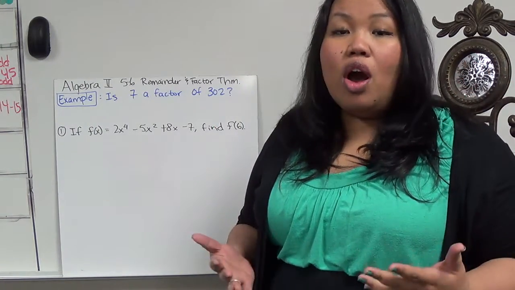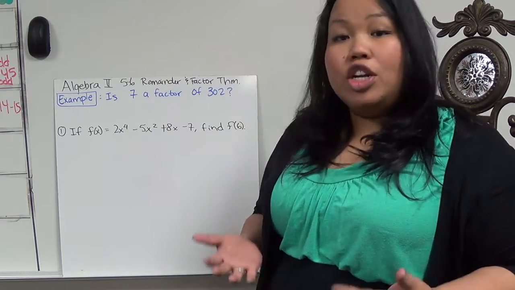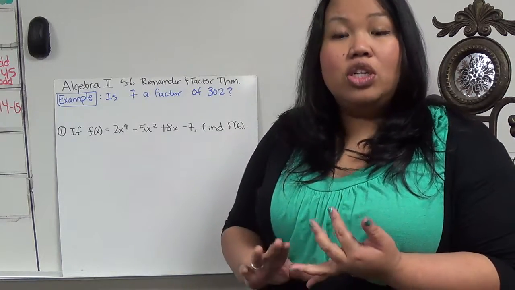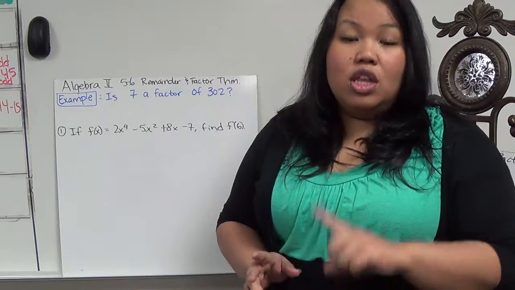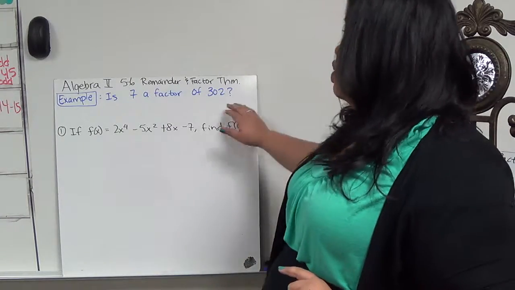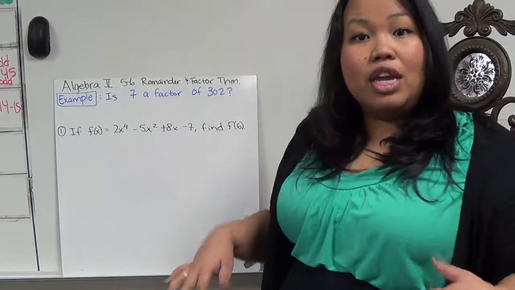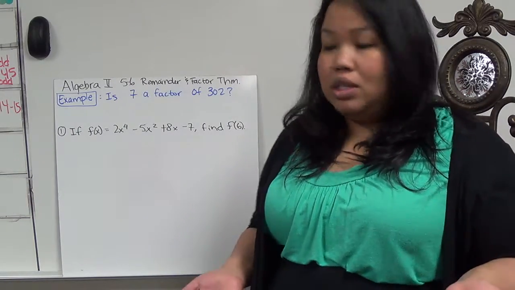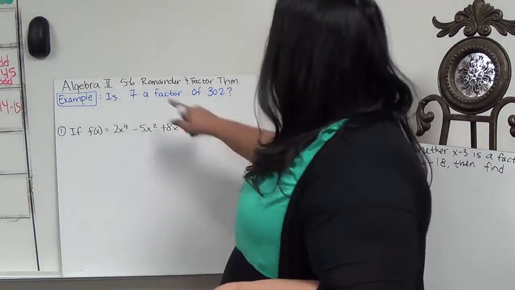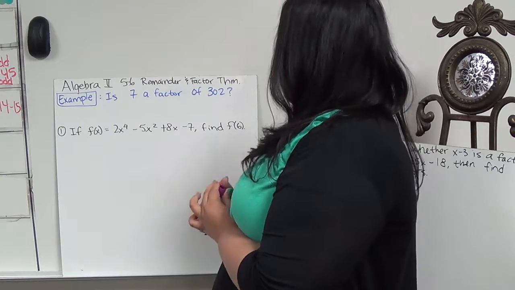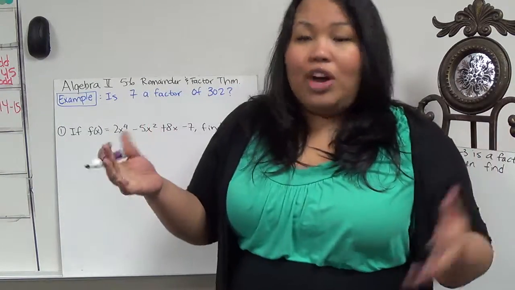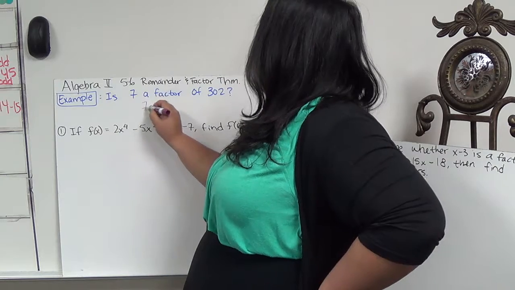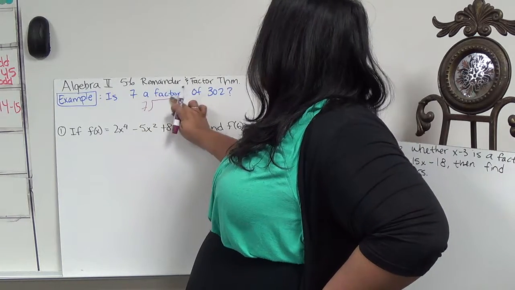And you already know everything on how to do it, like we learned synthetic division or long division in the last section to be able to understand how to find the answer, but this section is just translating what the remainder means. So basically, if I want to know if 7 is a factor of 302, well, let's do the old-fashioned long division. We have 7 on the outside, and then